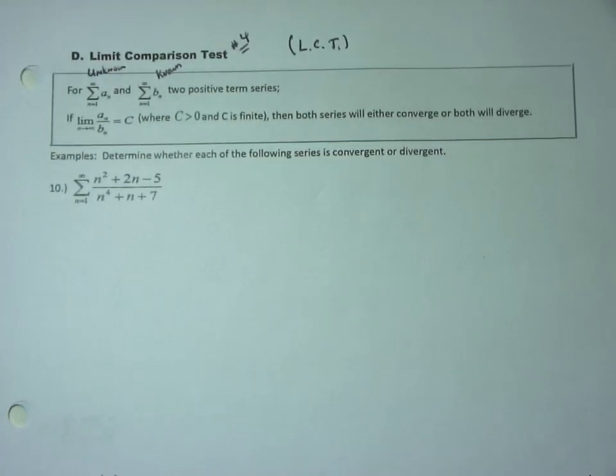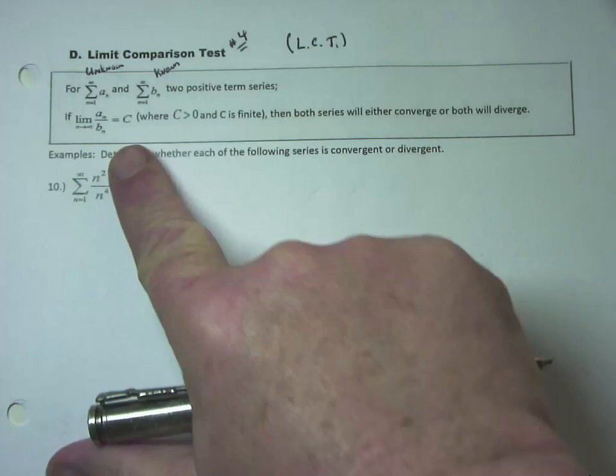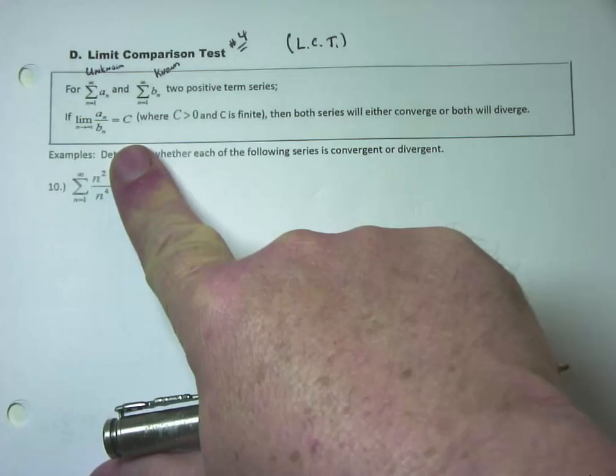It's the sum as n goes from 1 to infinity of n squared plus 2n minus 5 divided by n to the fourth plus n plus 7. All right, in this one, in terms of a direct comparison test, you're already in trouble. If you try to compare it to, like we did in the last one, the n squared over n to the fourth type thing here,